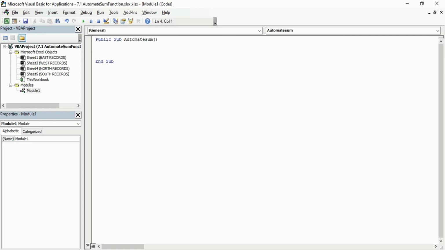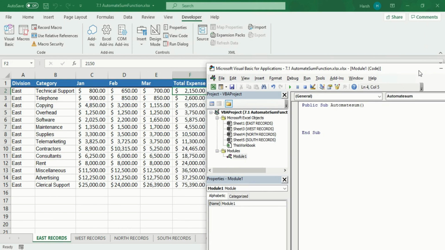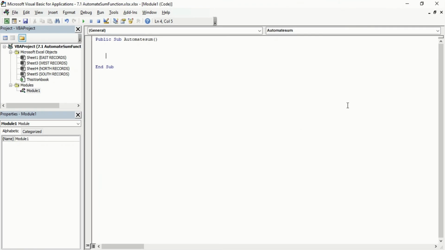Now I will press enter and create some space in between. Now what will I do? If we go to our Excel sheet, so this is our Excel sheet, the only thing I know is that our range starts from F2. So first of all we will write that.